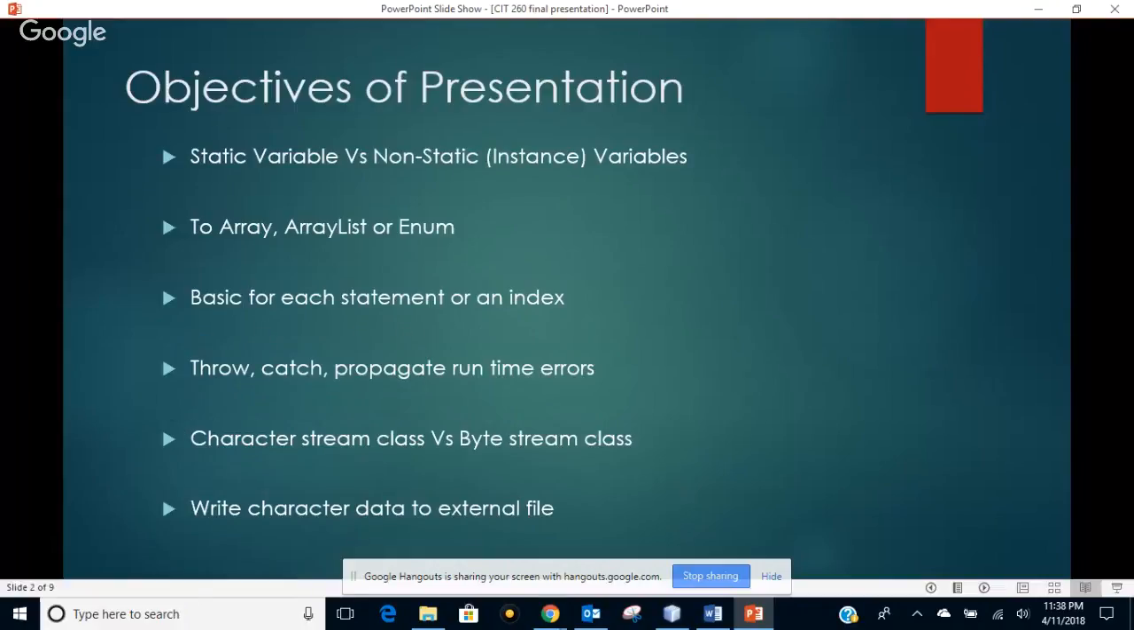First, I'd like to go over some of the objectives. As you can see, I'm going to talk about static variables versus non-static instance variables, array versus array list or enum, basic for each statement and an index, catch and propagate runtime errors from exceptions, character stream class versus byte stream class, and write character data to